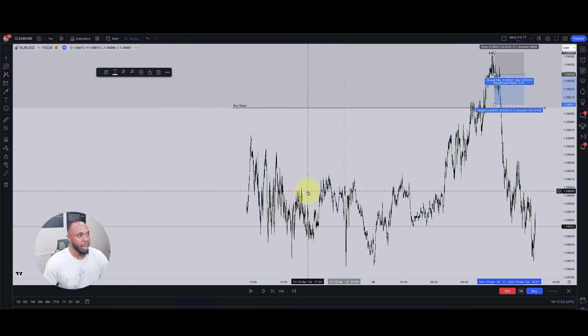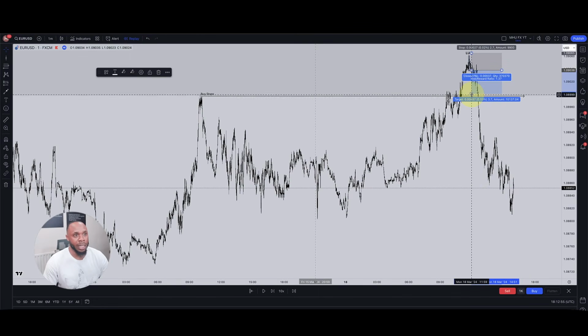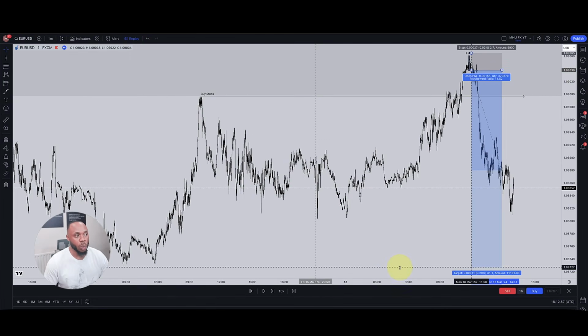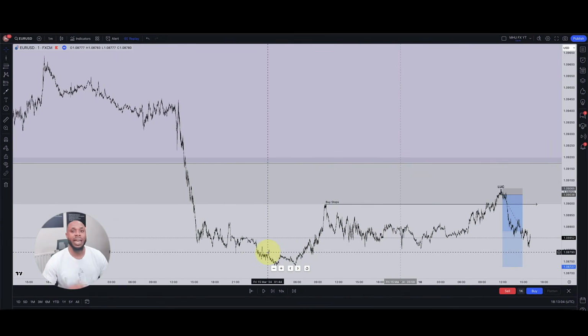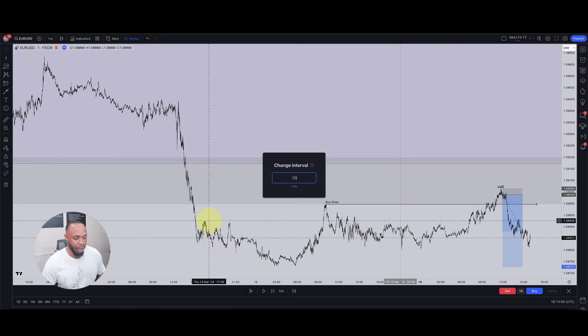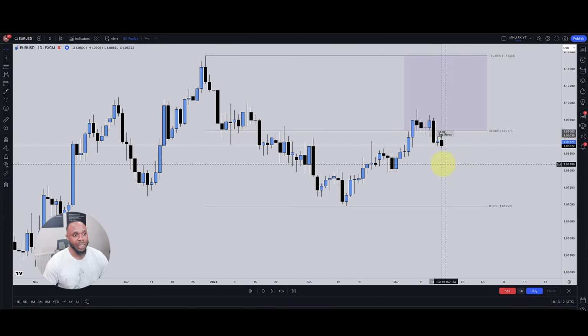But anyway, guys, let's zoom in. And then what you would do then is from this level, you would run it to the swing low because you are swing trading. Back to the low down here. This is when ideally you would run it to. And don't forget, let's just zoom back out a minute. We're still so far away from here. We don't have to take it down here.